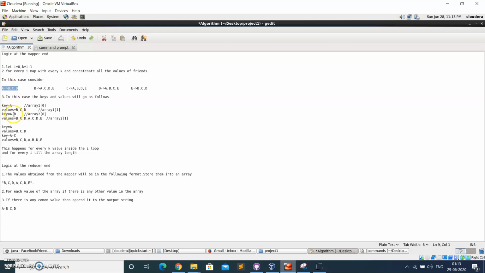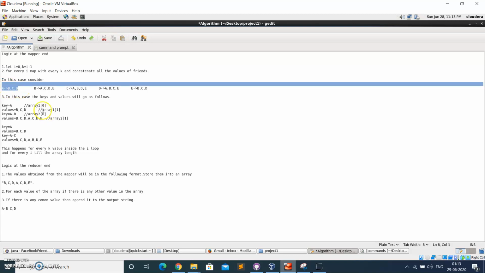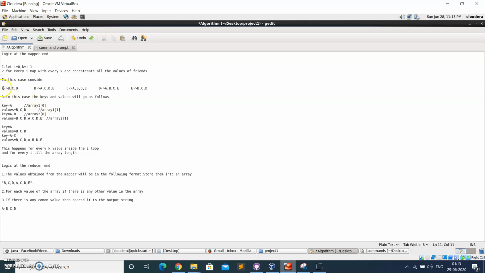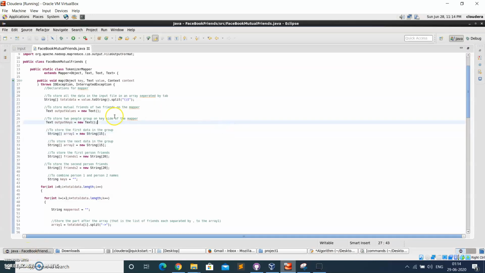We split this again and take it into array 1, where A will be our key value and B C D will be our values. This will be stored in array 1 of 0 and array 1 of 1 respectively, so for that purpose we are instantiating this array 1.